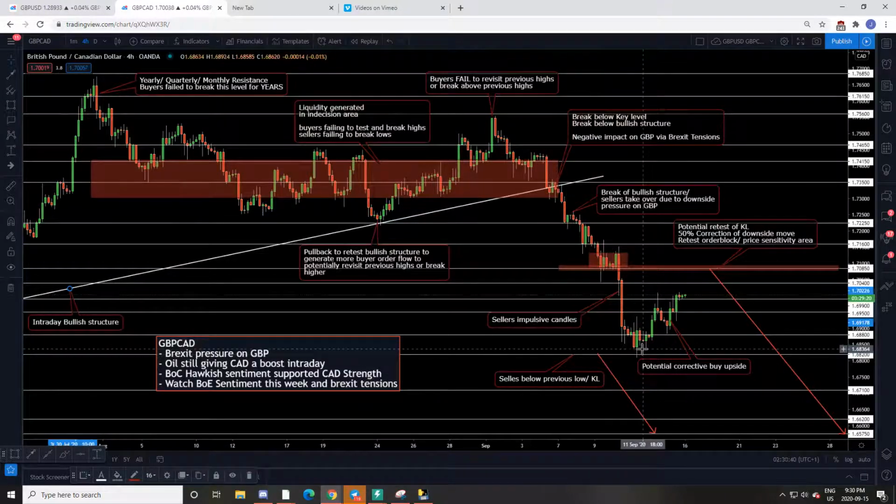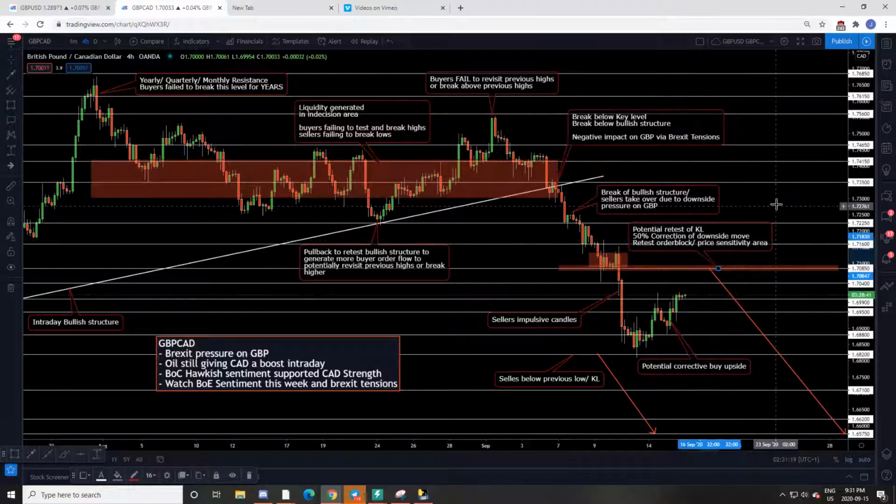So now what we are noticing is that from the potential liquidity grab and liquidity generation area, we had about a 500 pip meltdown, and we are looking for about a 200 pip correction, around like 520 pips, 220 pips back up. That 50% correction would also line up with our predetermined key level and around retesting this minor order block area where you can see there was some liquidity generated before impulsive sellers took over. So right now, this upside is looking like more corrective upside, and potential sell points I see are around 7.085 or 7.04, or break below previous lows.